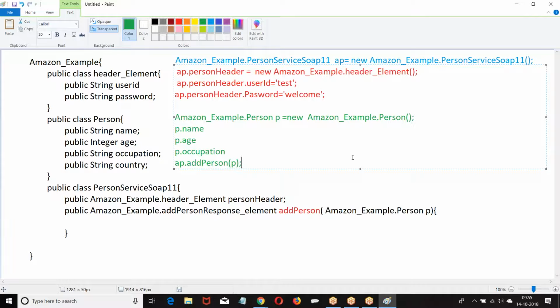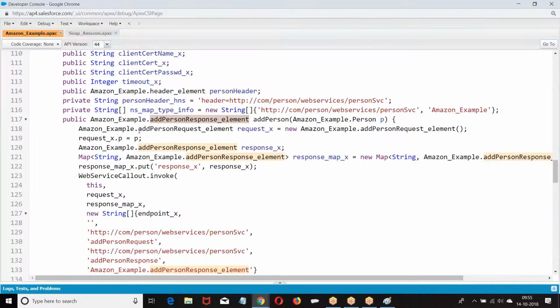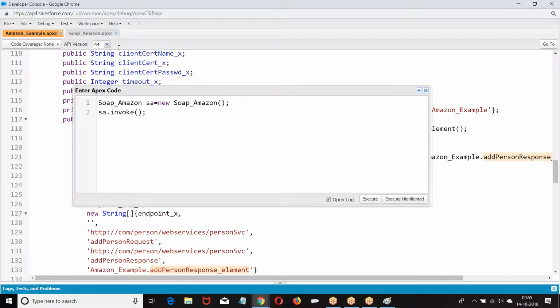So here, where is our authentication process? In the header I am passing. Where was my authentication data passed? In the header. How are you passing? As a header element. If the people are expecting you to pass the authentication in the header, we put the authentication data in the header element. I hope you have followed this point.